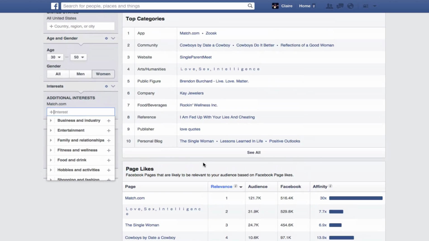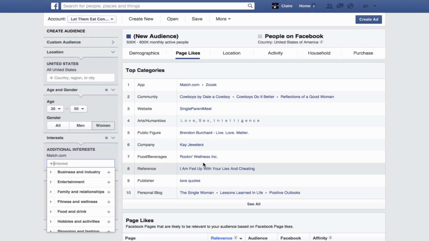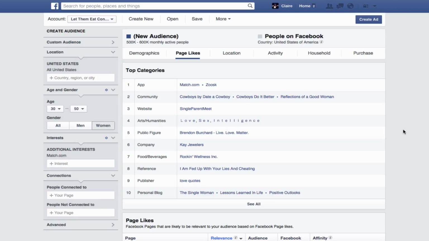So that is a very, very quick look at Audience Insights. There is a lot in here, but I know that people really struggle with the fact that they can't target the pages that they want to with their Facebook ads because they just don't show up in the Power Editor. So I wanted to give you this quick look at how you can use Audience Insights to hopefully find some other pages, some other categories and companies that you can try in your Facebook ad targeting.